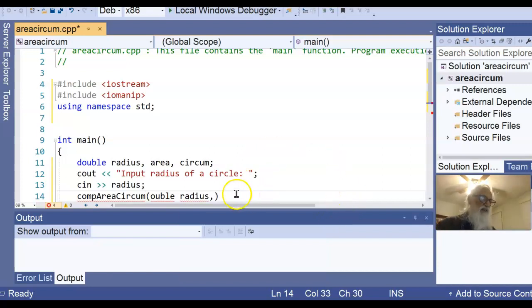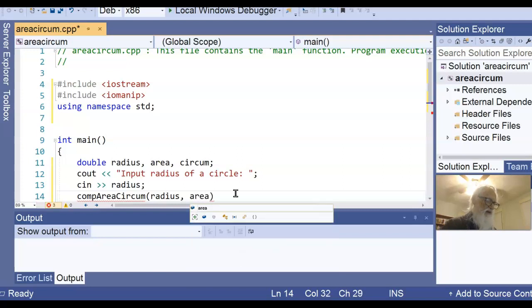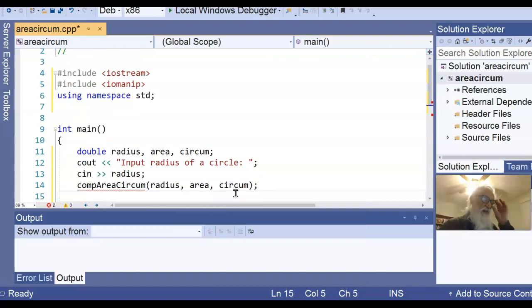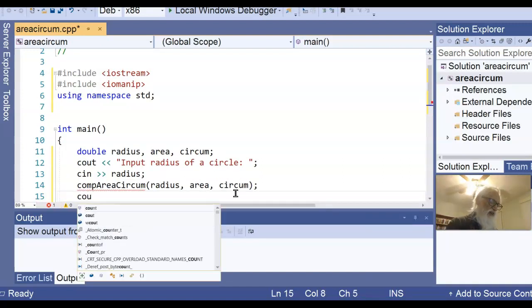Wait a minute, I can't put that there. What's the matter with me? I'm giving you the header. I'm going to pass the radius into it, and I'm going to pass the area and the circumference. And then when I come back, I'm going to see out